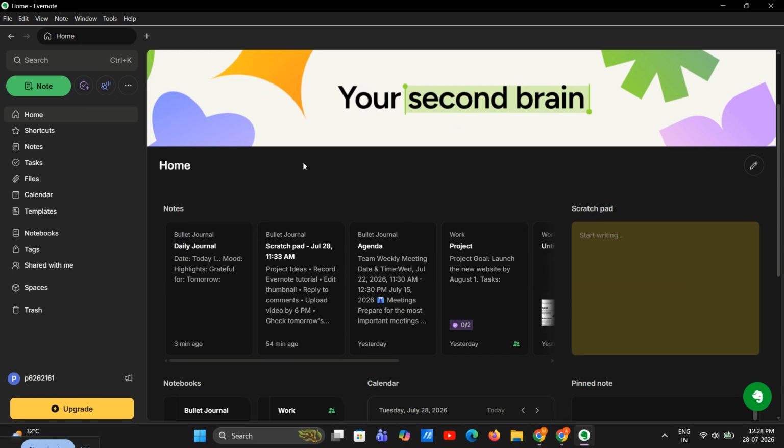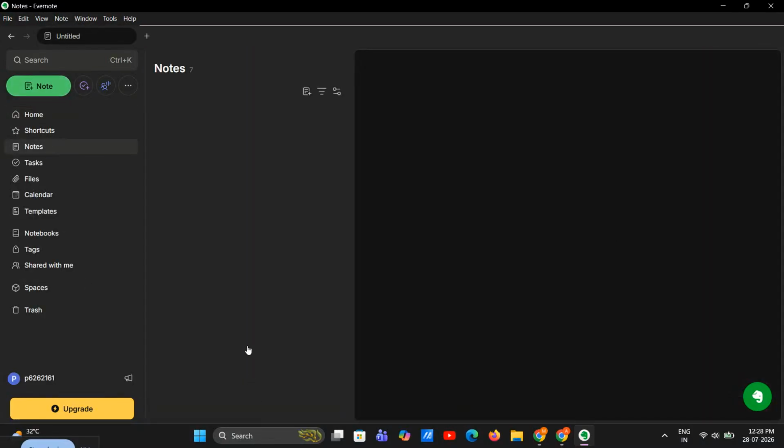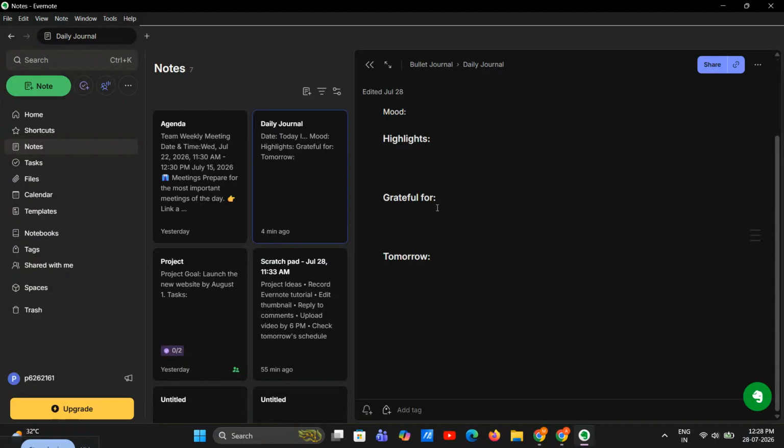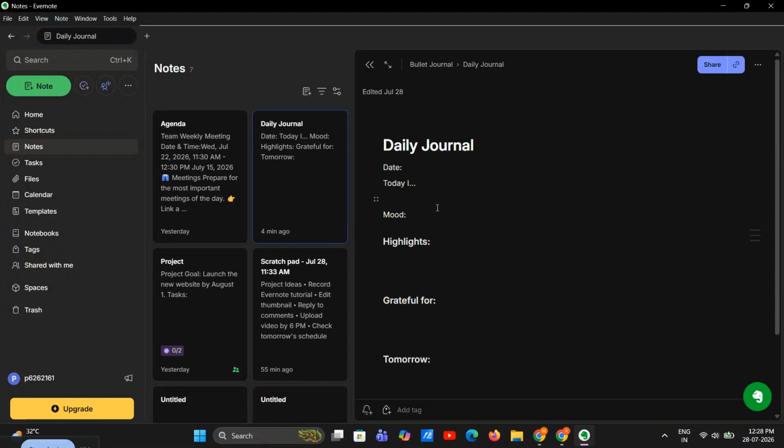Alright, let's jump in. First, open Evernote and create a new note. This is going to be the base for your daily note template, so set it up exactly the way you want it to look every day. You can add a title, headings, checklists, sections for goals, priorities, meeting notes, habits, or anything else that helps you stay organized. The idea is to build a structure that you can reuse every single day without having to recreate